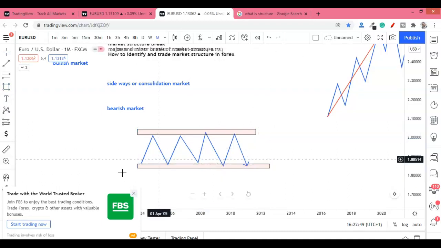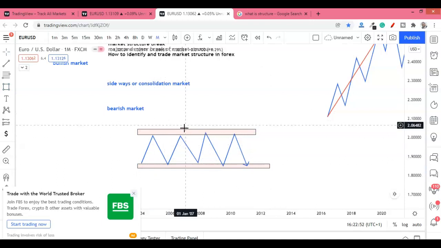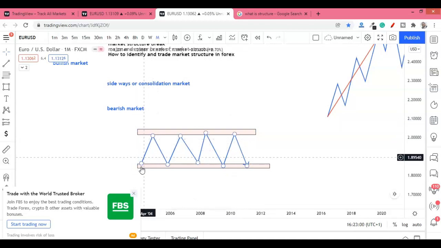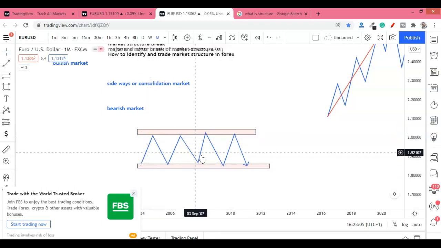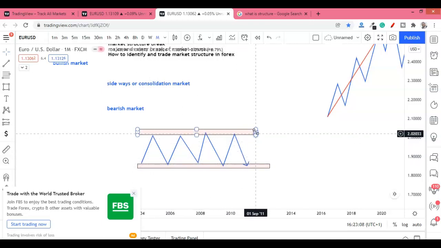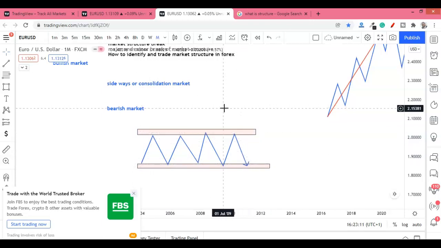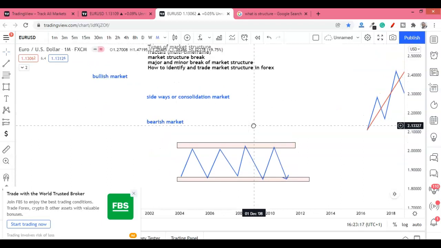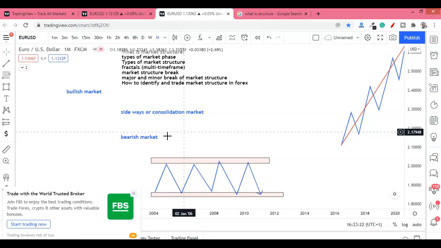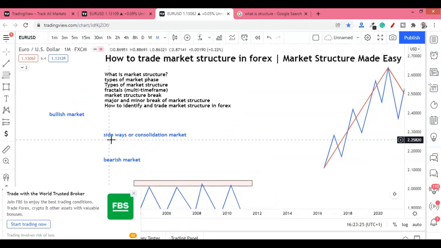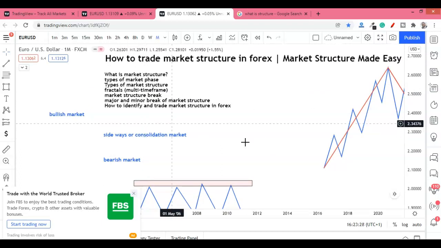In real life you can have chops up and down, taking the liquidity up. This is another topic for another day. As a retail trader, we were taught to always buy at support, sell at resistance, which is not a good style of trading. We have a better way, which is called the smart money concept. We believe that liquidity is where the price is moving to in order to take the liquidity. I'll do a separate video on liquidity so that you have an understanding of what I am saying right now.